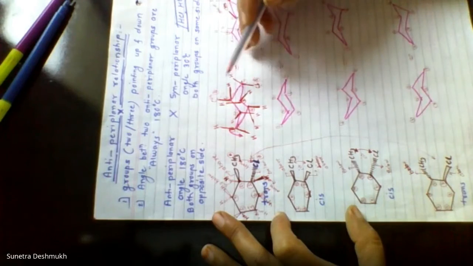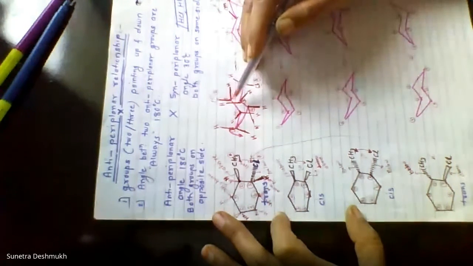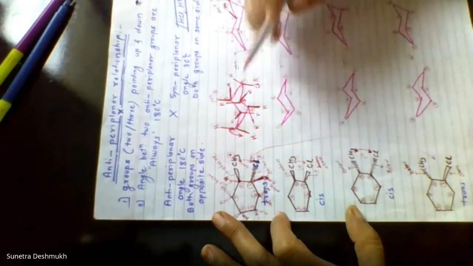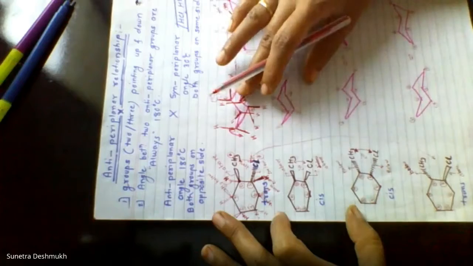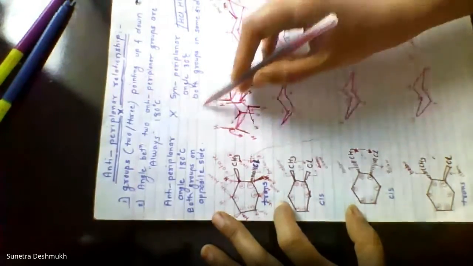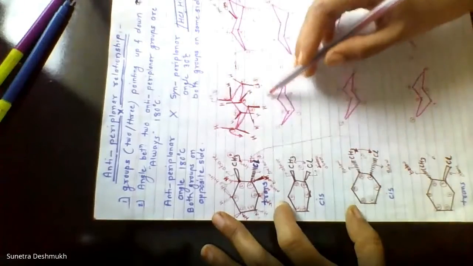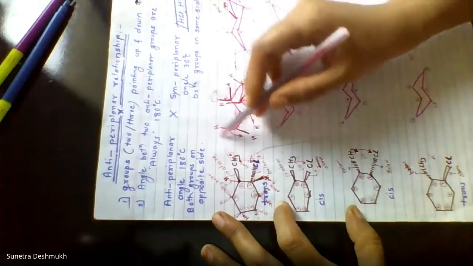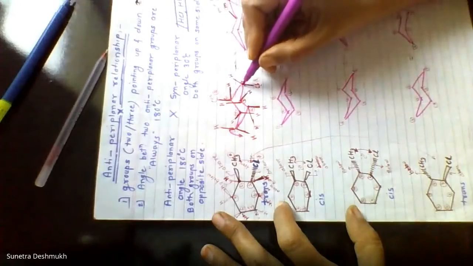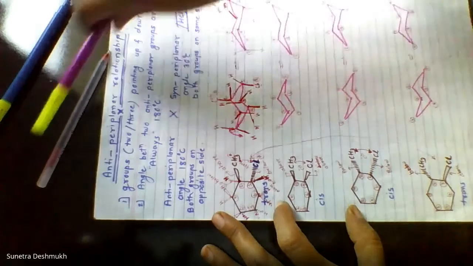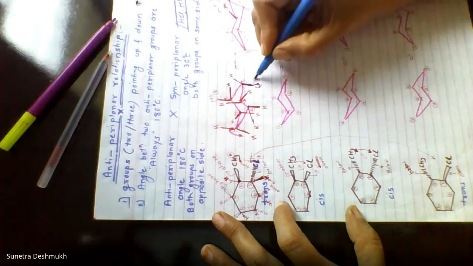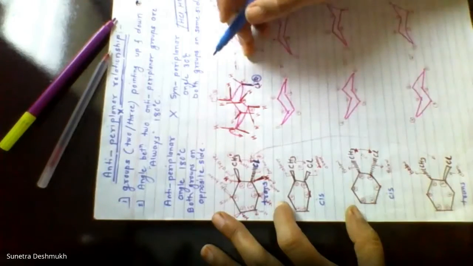But to eliminate this we need to place chlorine and hydrogen on adjacent carbon atoms. They should be anti-periplanar, they should be anti to each other in the cyclohexane system. The anti-periplanar relationship will come only when you can draw the cyclohexane system properly. In this system only you can come to know which is anti-periplanar. Now you can see chlorine present here at axial position. Here you can see I will draw it with this line.